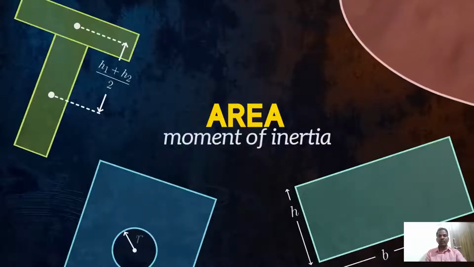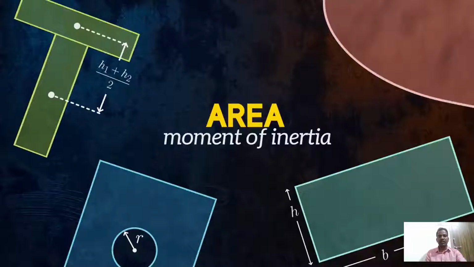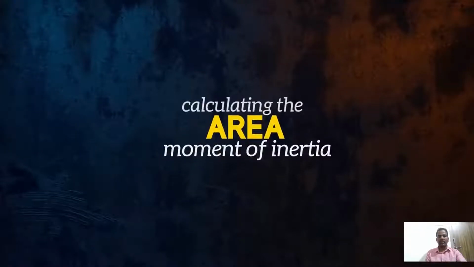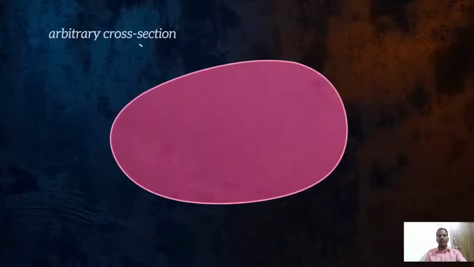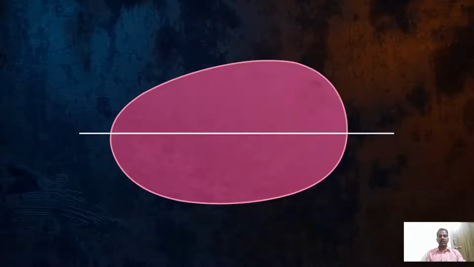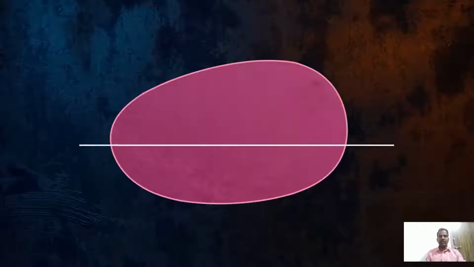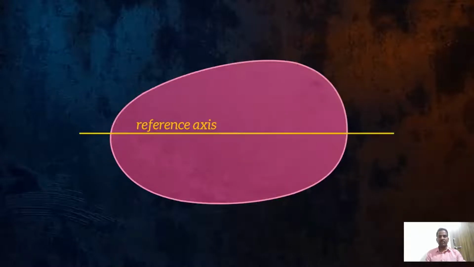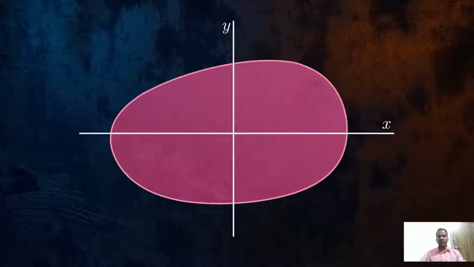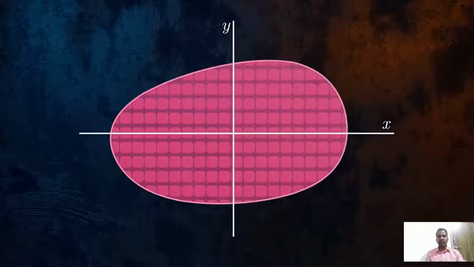Let's find out the area moment of inertia for the laminas. For calculating the area moment of inertia, considering a lamina, we need to consider a reference axis. By the movement of the reference axis, the moment of inertia is going to change. That's why we are going to prefer the center, and we term it as the x-x axis and y-y axis.